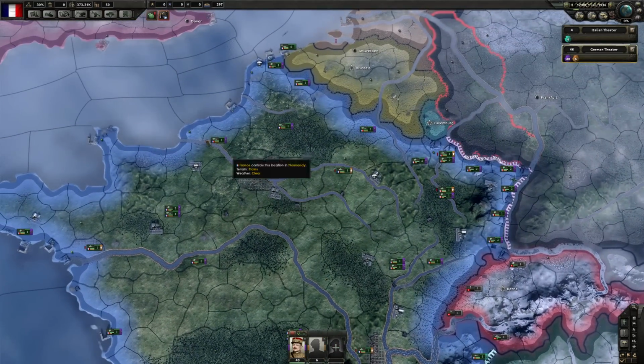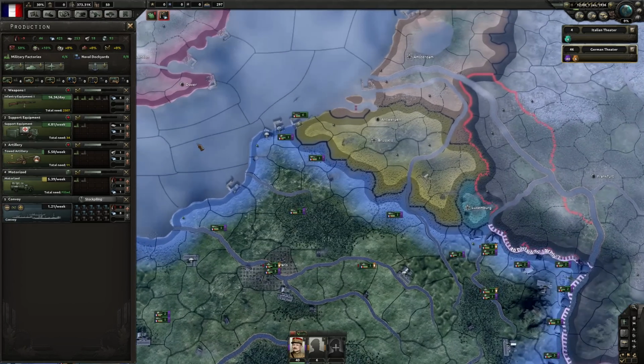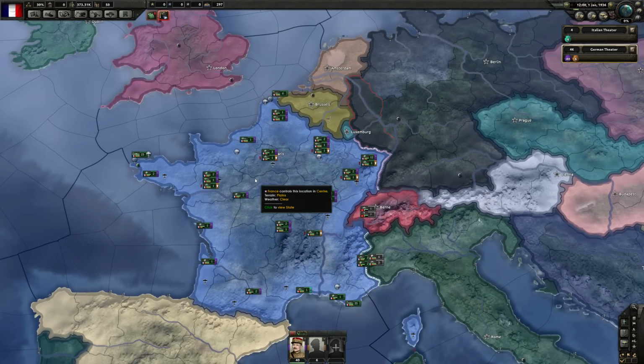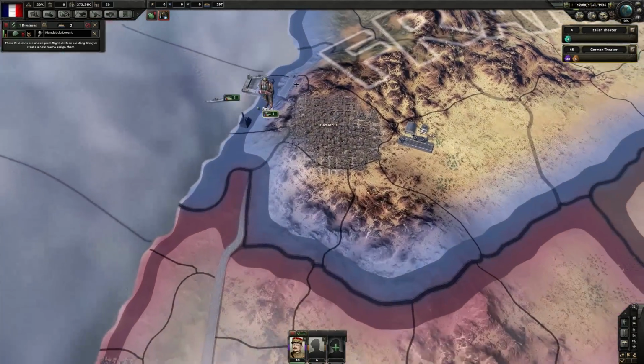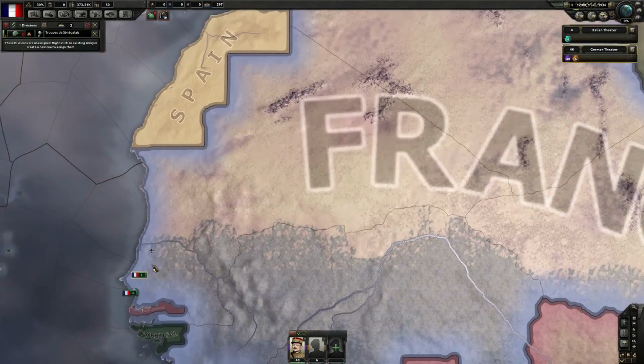Send all our tanks up here. Oh yeah, we still need tons of oil. We still have to think about a lot of things that we're gonna do. And yeah, we still have troops down here in like France, which... I mean, honestly, I think what I'm gonna do is I'm just gonna, yeah,